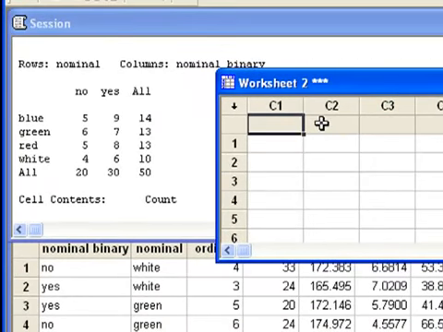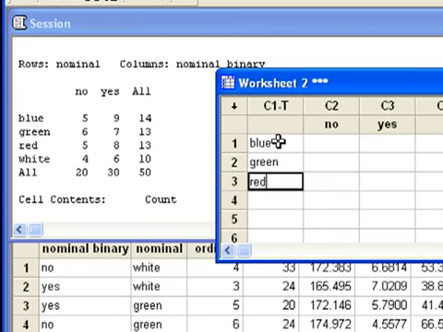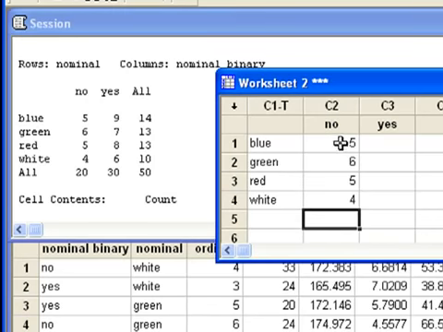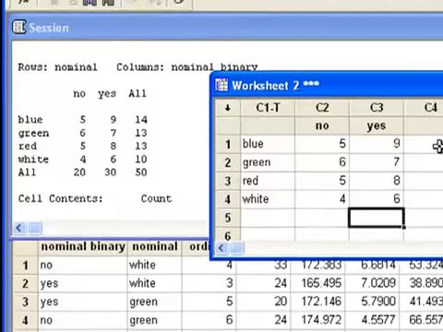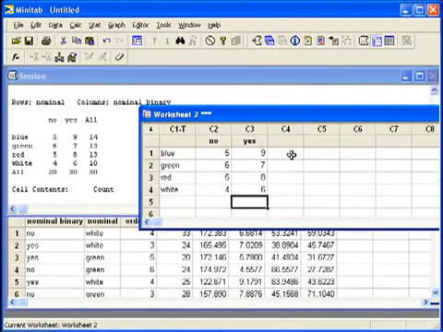Everything except the total row and total column, which Minitab here has labeled All. Once the raw data is entered,